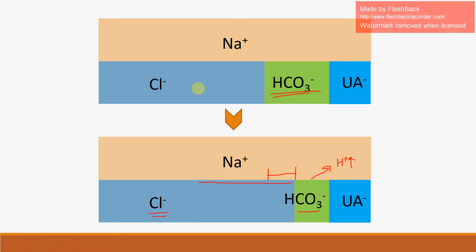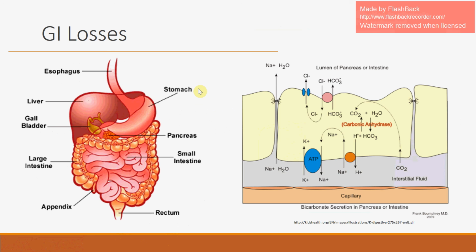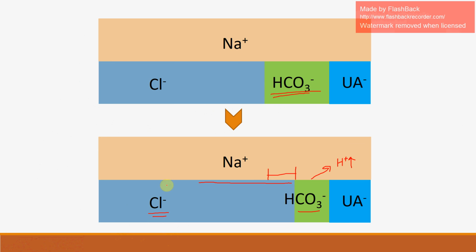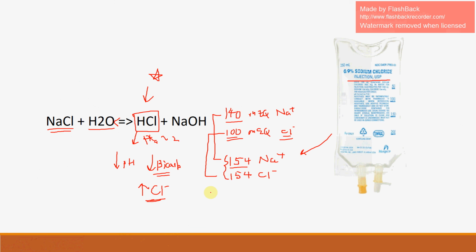So don't only remember that there's GU losses, there's GI losses, there's also the drugs, carbonic anhydrase inhibitors, right? So those are all talking about the loss of bicarb. But remember, based on this anion exchange protein, if we increase the chloride, a NAGMA may similarly present. So this is a very important thing to remember on the clerkships. So really remember that in this case, if you're giving large boluses of sodium chloride, for instance, to a patient, you will induce a